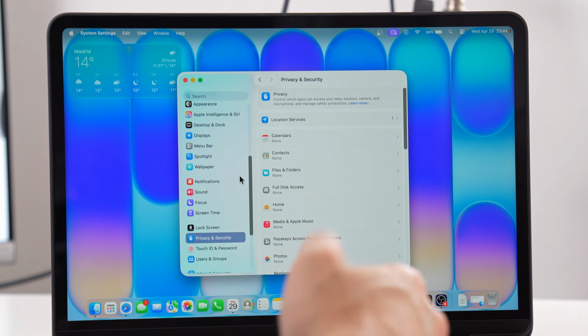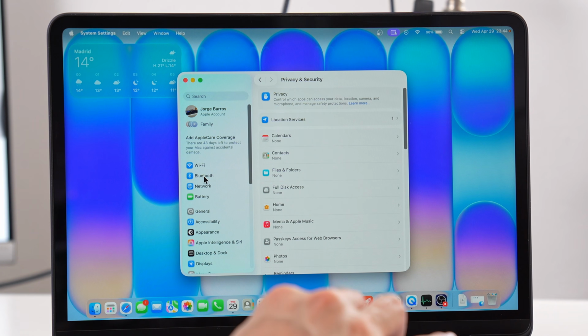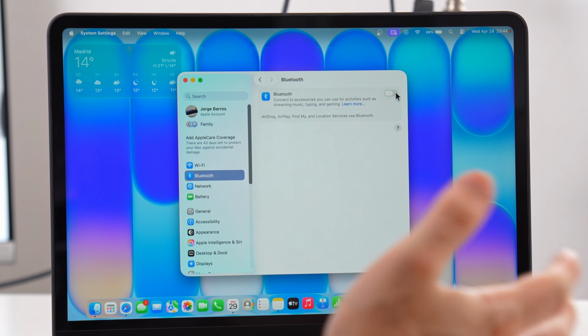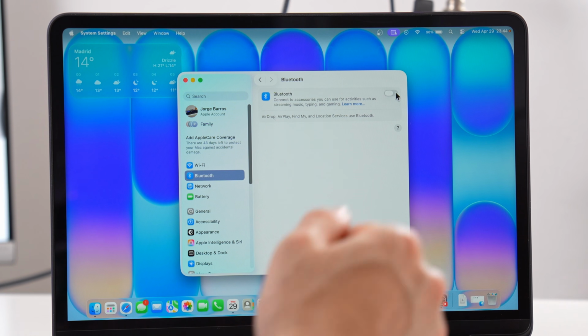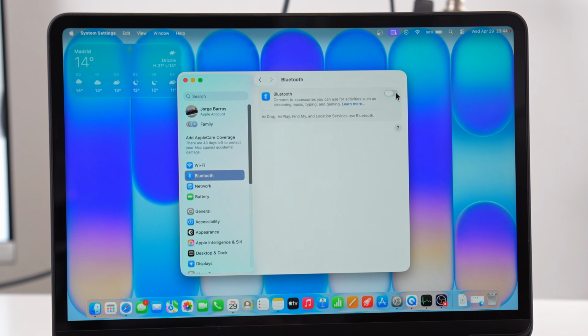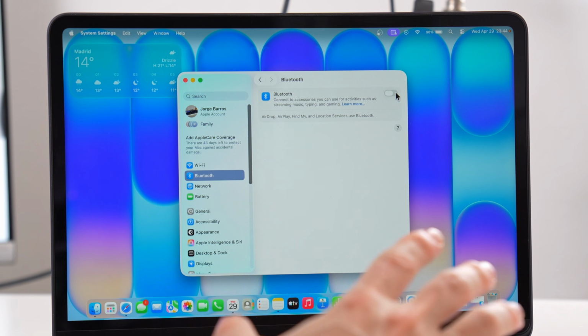Now, that being said, another great way to save battery life is to come up here to the Bluetooth section on your settings, and disable Bluetooth. A lot of times you don't really use Bluetooth on your laptop. The only exception would be if you're using a wireless mouse or if you connect your AirPods. But if that's not the case, you can turn it off and it is going to make a big difference